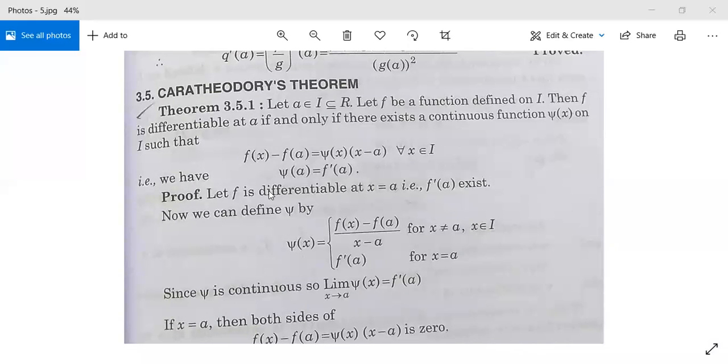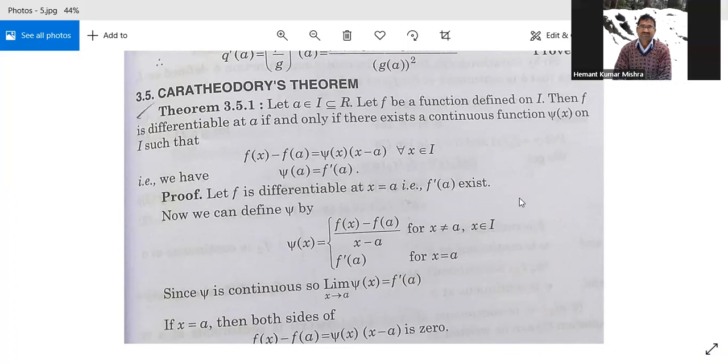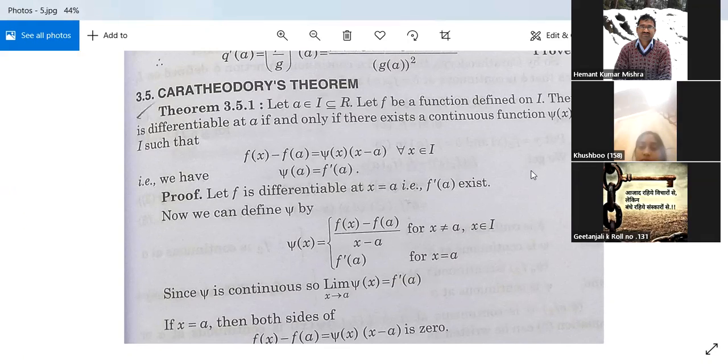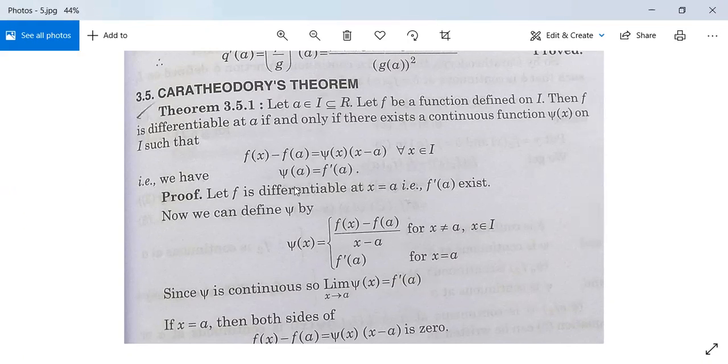See its proof. Let f is differentiable at x is equal to a. It means f dash a exists karega. Now we can define psi by psi x is equal to fx minus fa over x minus a for x not equal to a and x in I, and f dash a for x equal to a. तो ये psi x का डेफिनेशन दिया हुआ है यहाँ पर, तो उसी को हम लोग डिफाइन कर रहे हैं और हमें ये चीज प्रूव करना है।